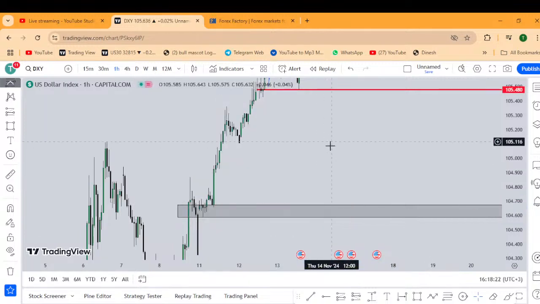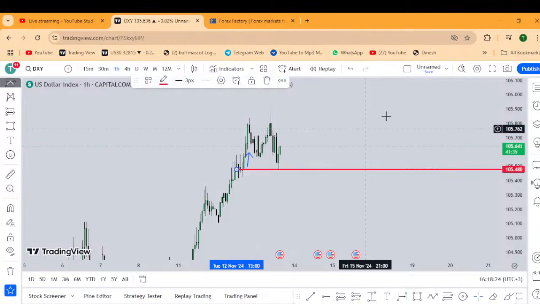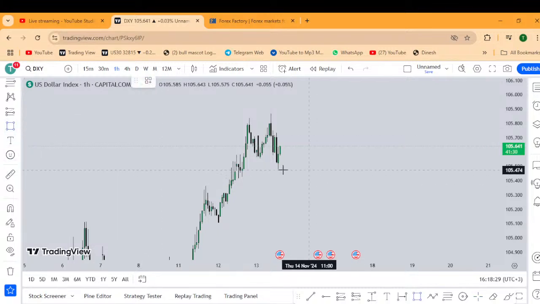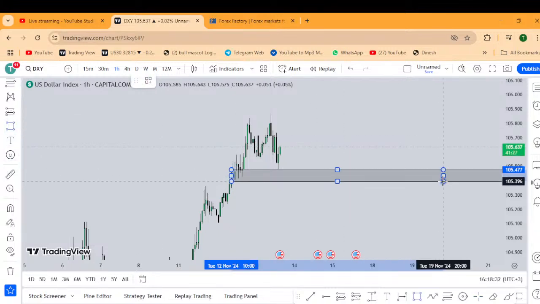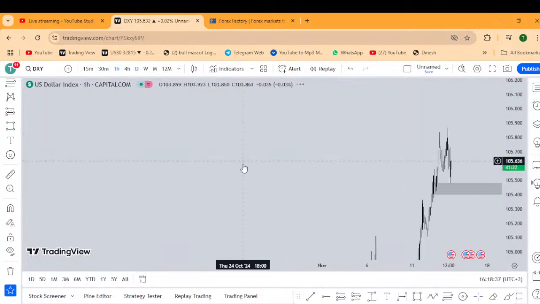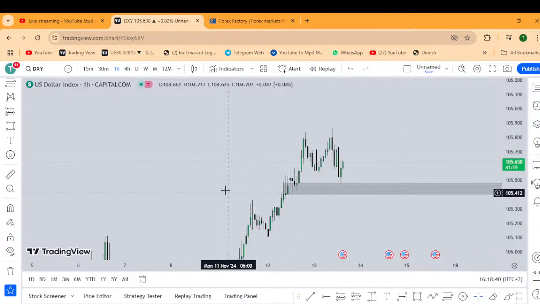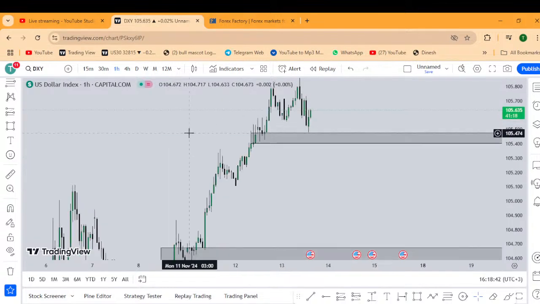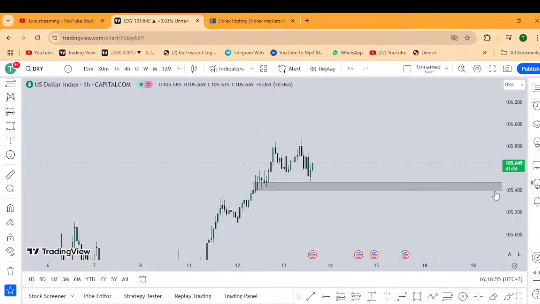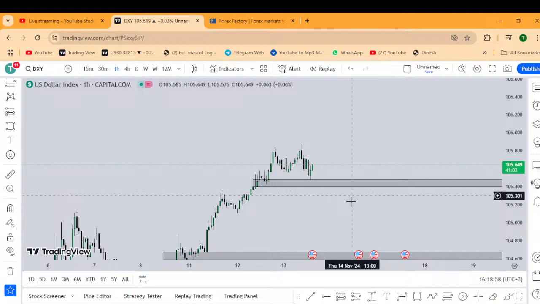Okay, so this is our number one zone, and this was also a zone, but it was executed even before us joining this session. This was an effective zone, so don't be surprised if the market just continues within the buys. And remember, why do I say that? We have seen fundamentally, it is all good for the US dollar. Fundamentally, it is all totally good for the what? The US dollar. So this zone was a good one, and you see that the market has already reacted on it. So don't be surprised if the market proceeds in buys.